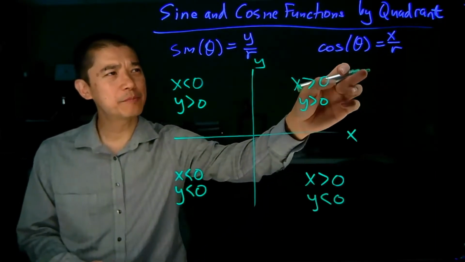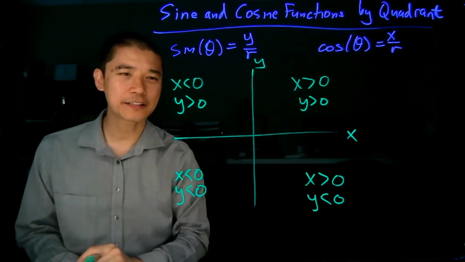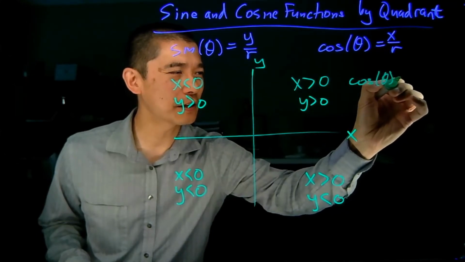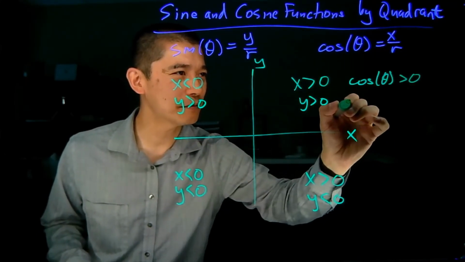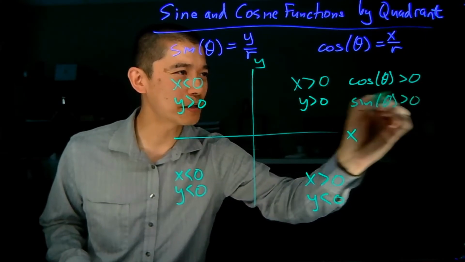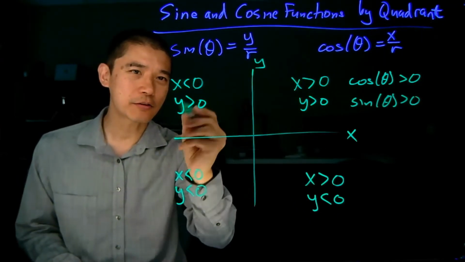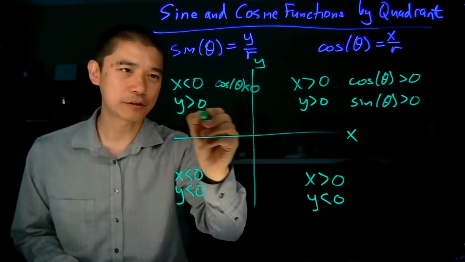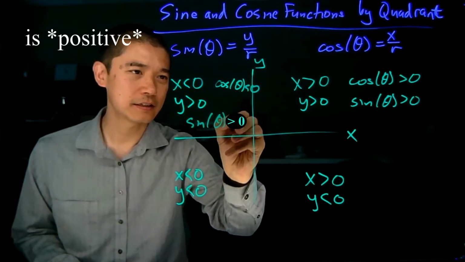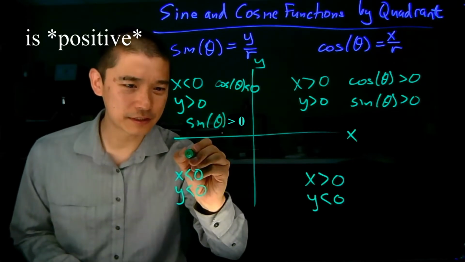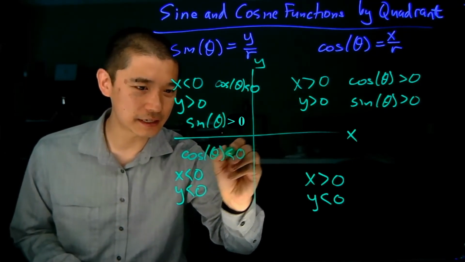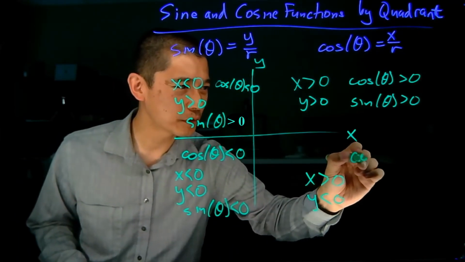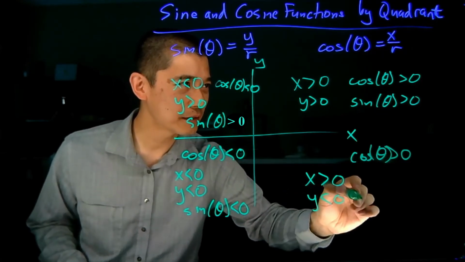But from the observation we made previously about the sine and cosine functions, this actually tells us everything we need to know about the sine and cosine functions. Cosine theta, if theta is in the first quadrant, is going to be positive, and sine theta is going to be positive in this first quadrant. In the second quadrant, we're going to see that cosine theta is negative, and sine theta is positive. Down here, we can say cosine theta is negative and sine of theta is negative. So this is quadrant 3. And then quadrant 4, cosine theta is positive and sine theta